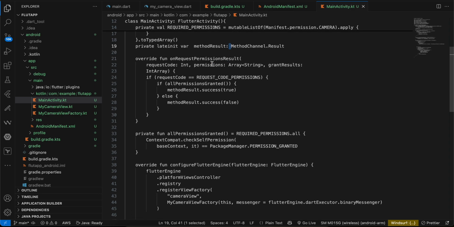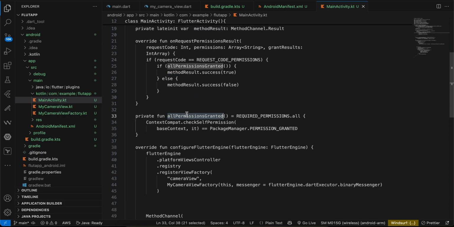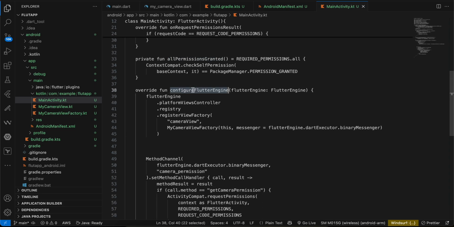Here we override this onRequestPermissionsResult, and if all permissions are granted, we just do method result dot success of true, and otherwise method result success of false. And here we have one helper method as well, just to check whether we have provided all the required permissions or not. Here we override this particular configureFlutterEngine method, and we register our camera view factory